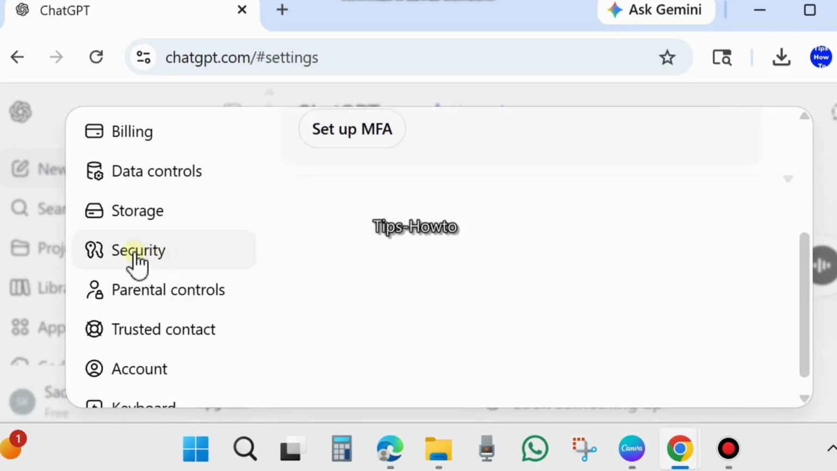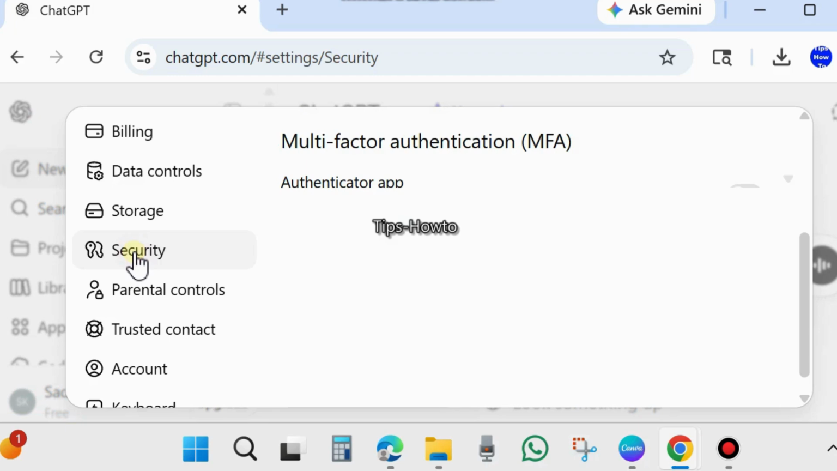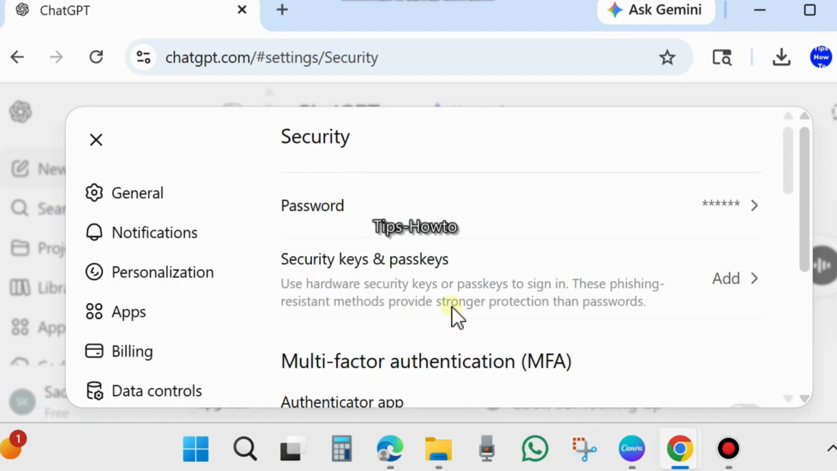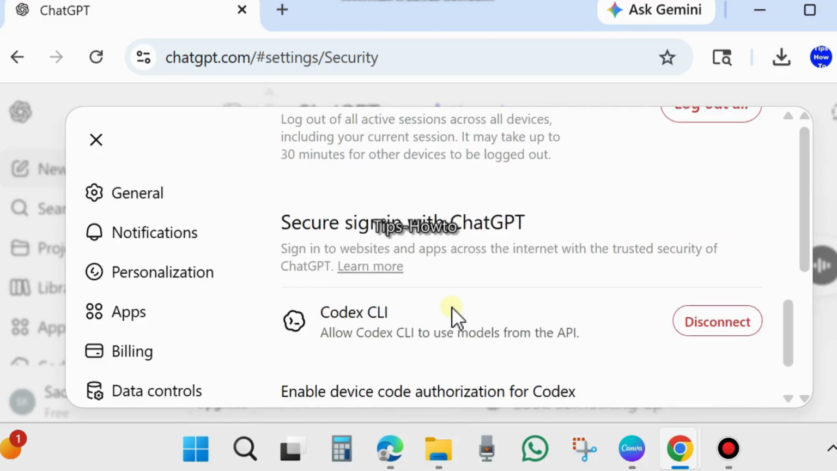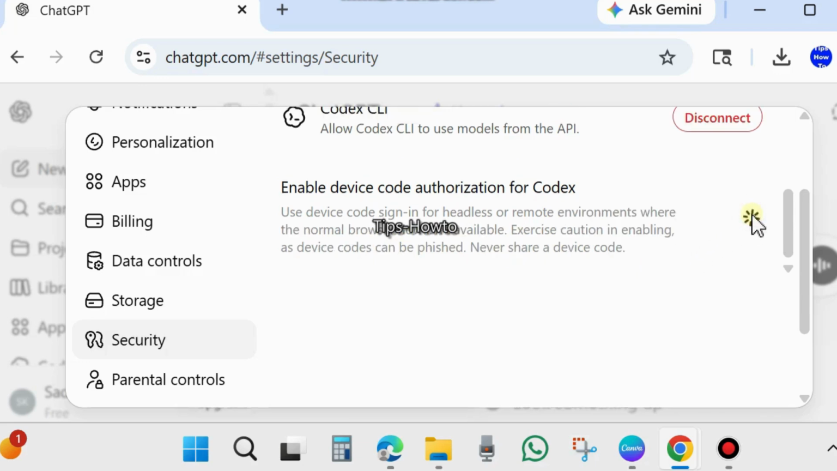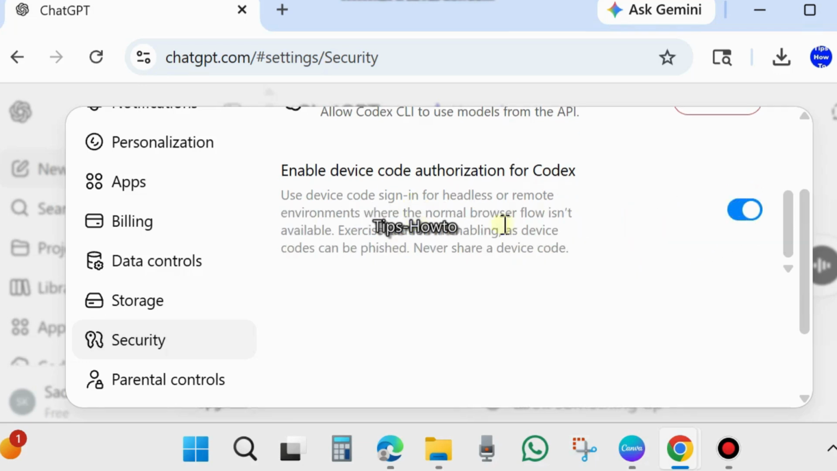From the left side of settings, here you will find security. Click on it. Thereafter go to right side and here scroll down and you will find the option Enable Device Code Authorization for Codex. Use device code sign in for headless or remote environments where the normal browser flow is not available. So turn the toggle button on to enable this feature,